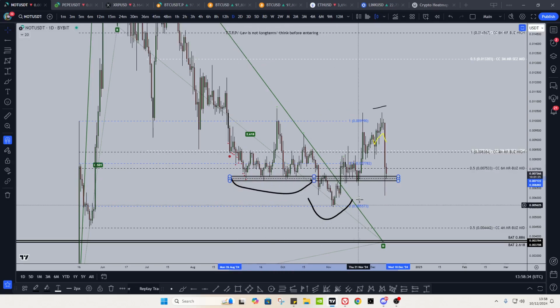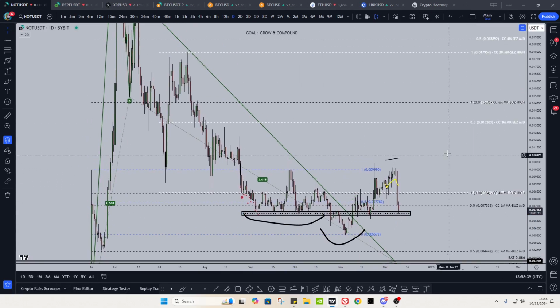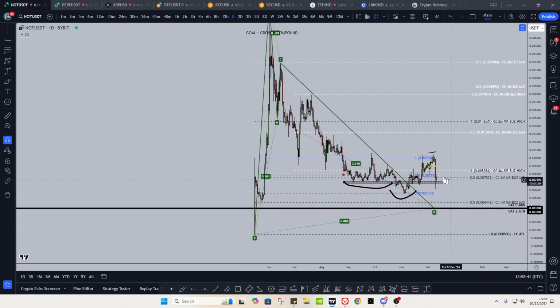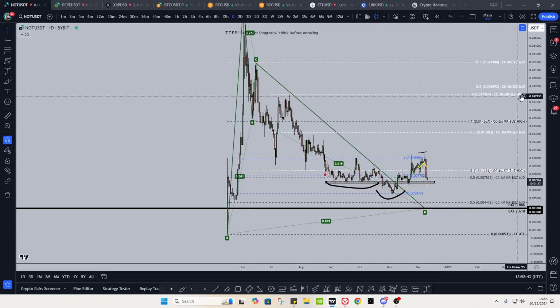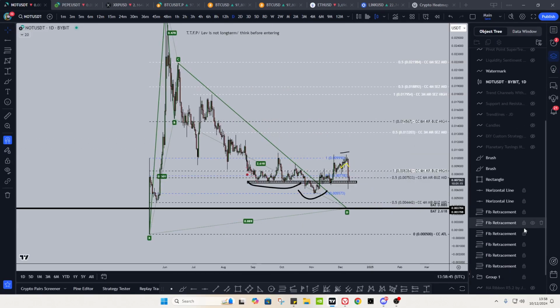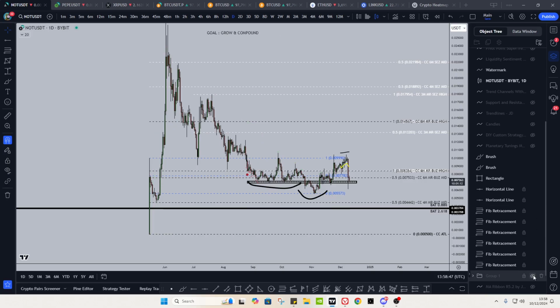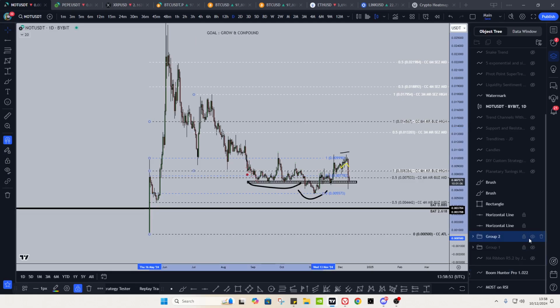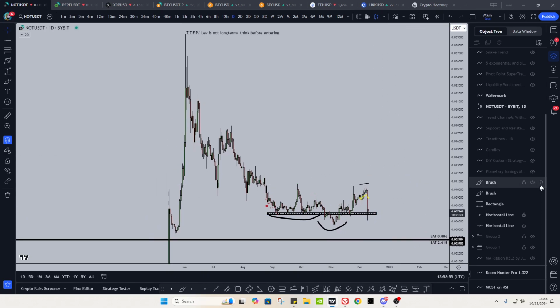Support, support, support, rerun of liquidity. As long as this holds, you have a cumulative structure. I wouldn't be surprised if it then went higher from here, right? So you can do a harmonic here, right? There is another harmonic in this current area, and if I was to point it out to you guys, let me just do this once, one sec. Do that, right? The other harmonic that I'm talking about